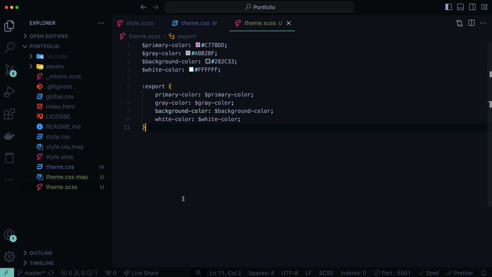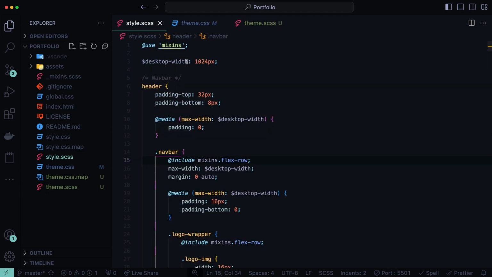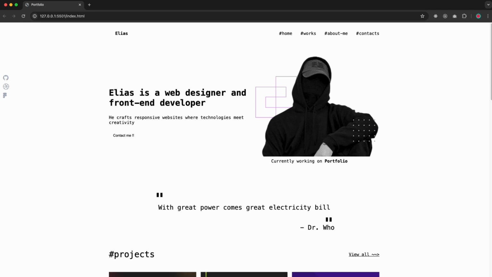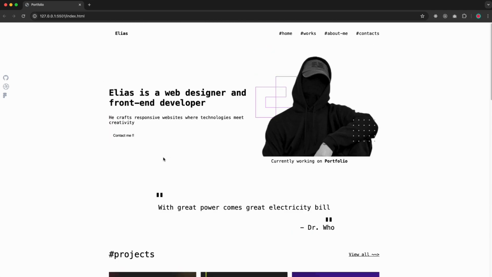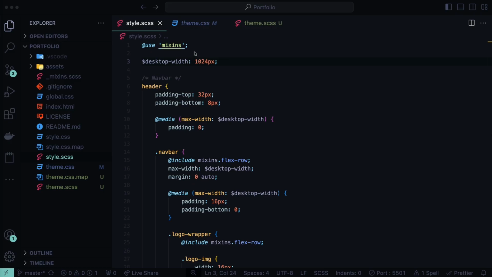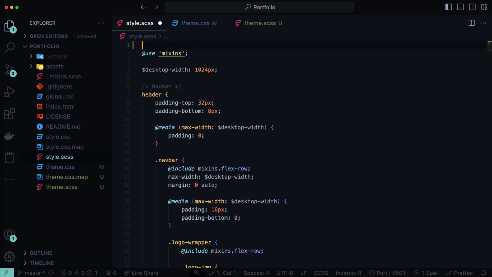So let's hide the terminal now and let's use these variables in our style.css. For now, if we go back to our website, you can see that the colors have disappeared and that's because we are not using these variables yet. Let's go back to our style.scss and let's import these theme variables. And we do that with the same use keyword and then we specify the file name and then we import